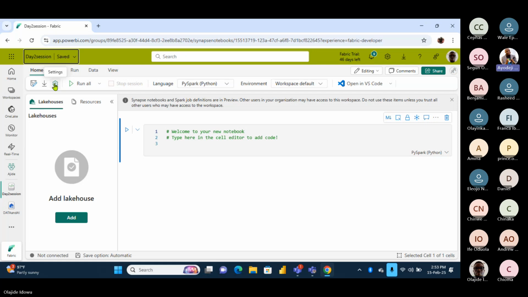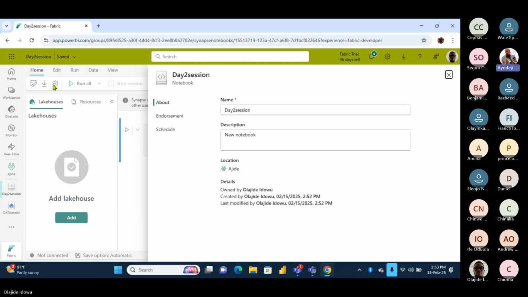Now, just point to all the icons one after the other, as I mentioned them. You can save as. Save as allows you to save your notebook under another name. Download allows you to download the work into your own system, the script you have written, to have a copy on your system. This setting is just to let you see the details and set some privacy level on your work.